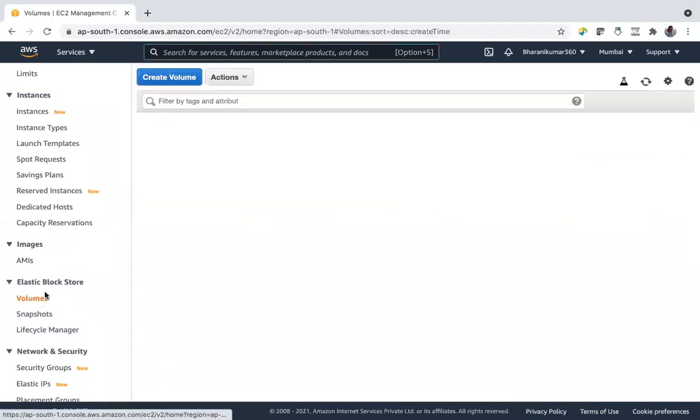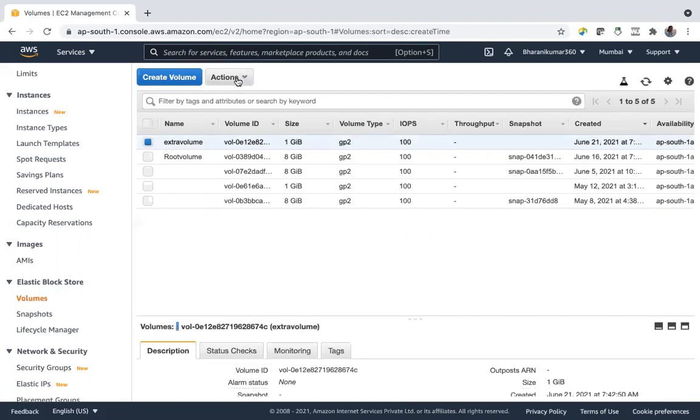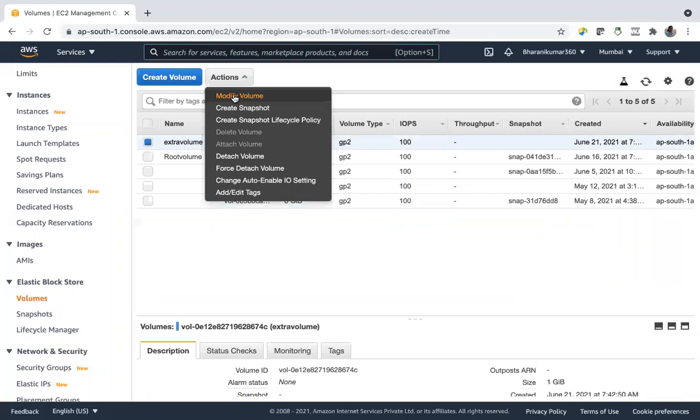We have created one volume, named it extra volume, and mounted it on our Linux EC2. In the same way, you can also mount it on Windows EC2. Here you have to create a volume and attach your volume with the instances. You can see in the options, you can modify your volume, that means increase or decrease size, and you can delete, attach, detach volume. So these options, we know now what attach volume, detach volume all mean.